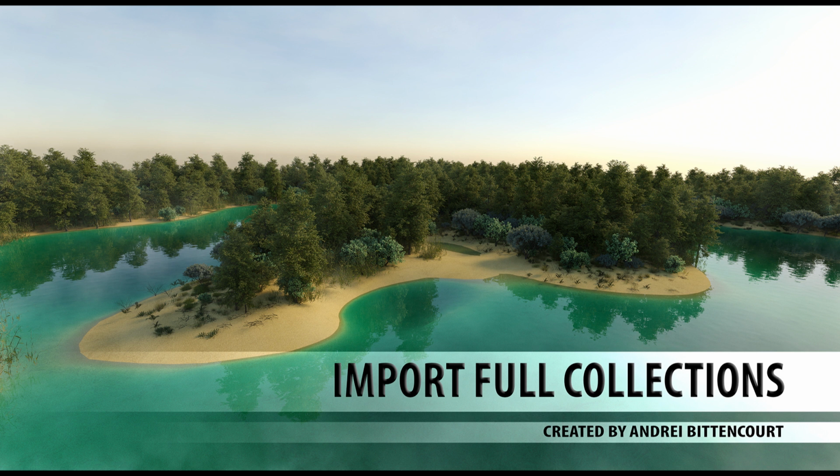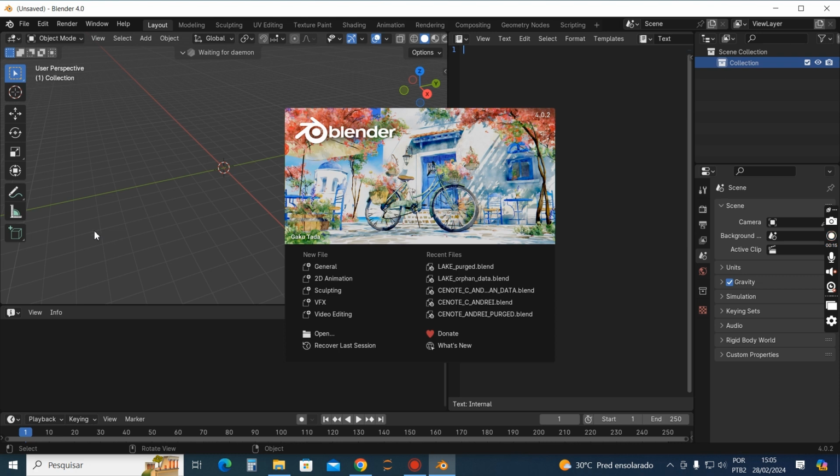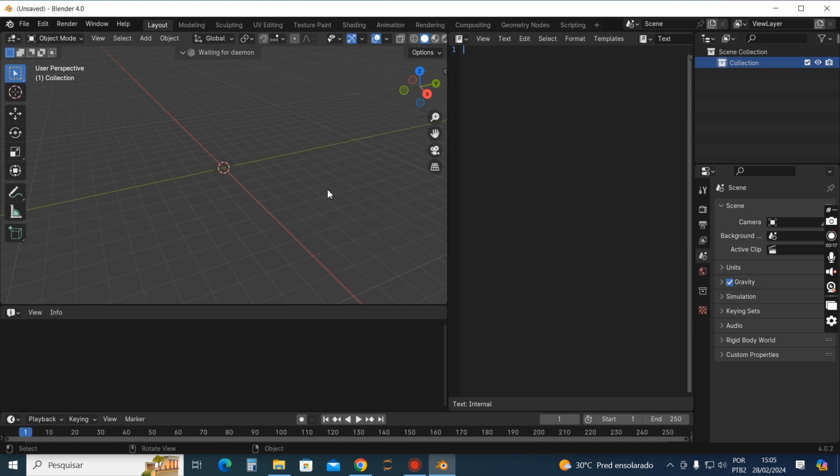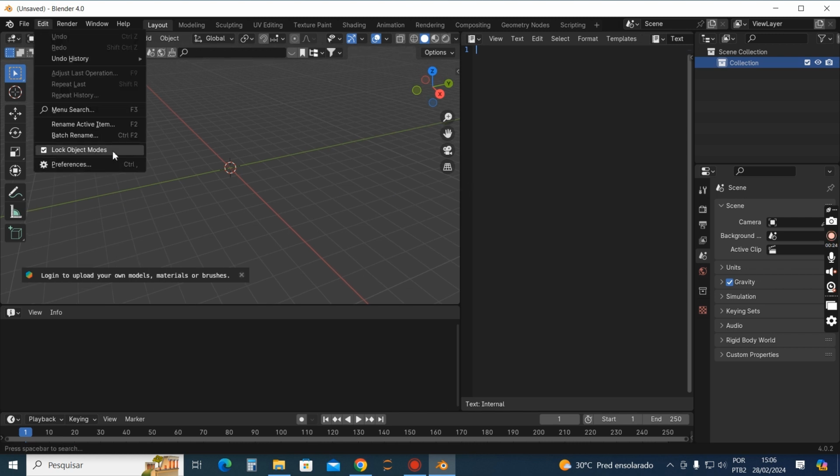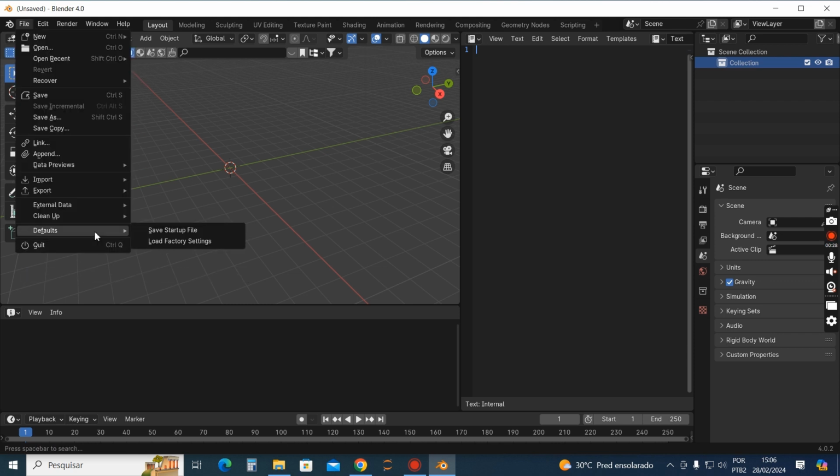I will show you how to use import full collections. First of all, you should understand why we should clean our files, our libraries before we start. Okay, it's important to